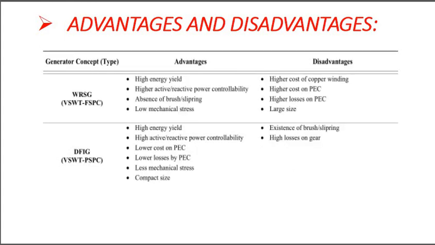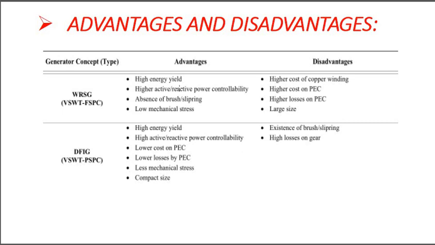Now WRSG, wound rotor synchronous generator. So advantages of it: high energy yield, higher active reactive power controllability, absence of brushes and slip rings, low mechanical stress, and due to absence of the brush and slip ring, maintenance is also low. Disadvantages for it: higher cost of copper winding, higher cost of power electronic converters, higher losses on power electronic